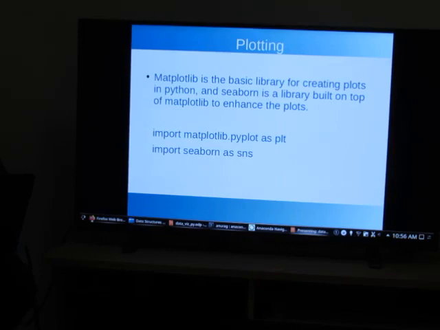And then after we are done with all the data, generally we want to get a visualization of the data to understand more about it. For that, matplotlib is the basic library in Python, and there is another library called Seaborn which is built on top of matplotlib, and it enables us to produce beautiful graphs much more easily. The respective import statements are given as follows.